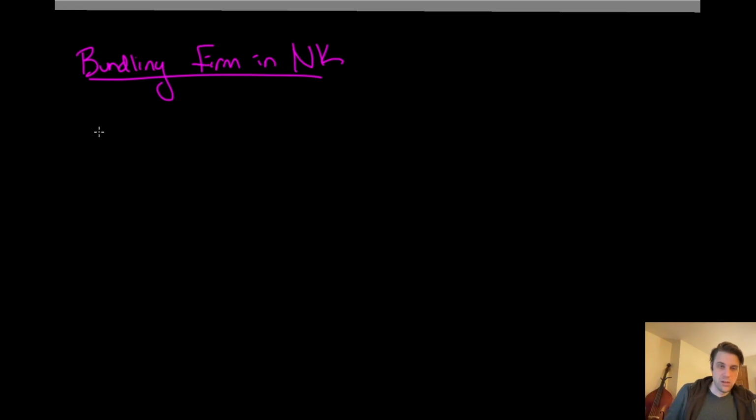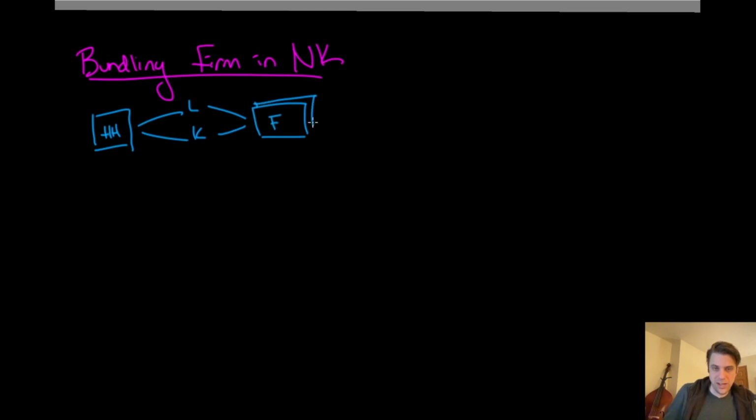Because if we recall from our earlier picture, we had the household, and they're going to supply labor and capital, which is going to be demanded by these firms. Okay, and there's going to be an infinity of these firms. So maybe I'll draw a stack of firms. This goes on forever, and each of these firms, j, is going to produce one good, Yj. So this guy's making Yj, this guy's making his Y, this guy's making his Y, and so on.